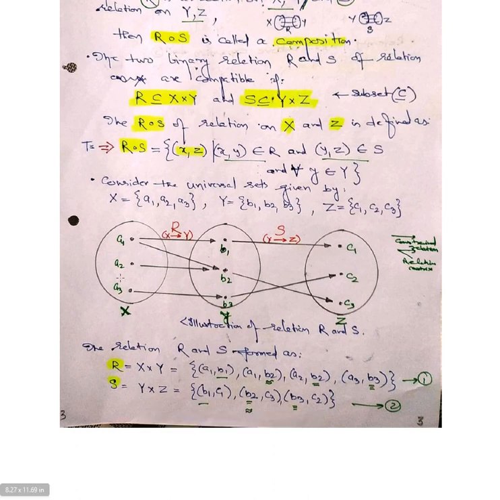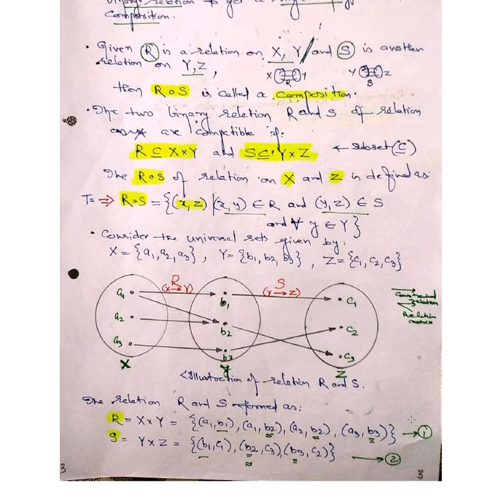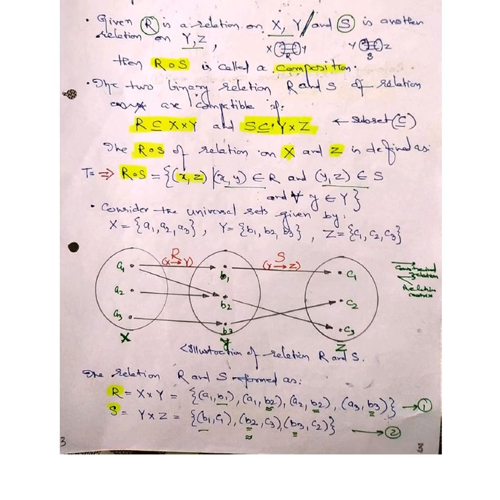So if you try to see under this particular condition of representation, and if you see this particular figure, what exactly does this figure represent? It looks like a sagittal diagram, but it is not a sagittal diagram. It is a bipartite graph. So that is how you try to see this particular relation. So under the bipartite